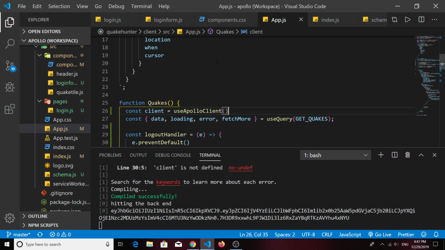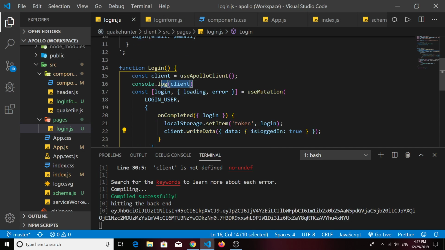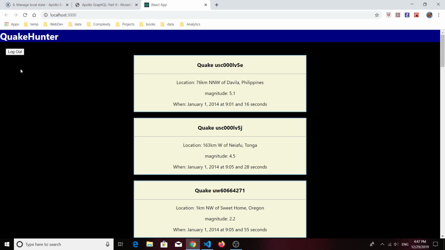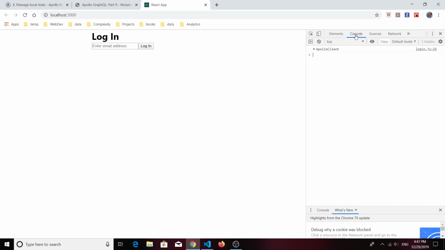Well, actually, no, because once we log out, we'll see the login page, and that's where we want to look at the client. So we're already doing that here, so it should be good. All right, so go back. You see we've got our logout button here, and if we click it, hopefully it'll kick us off this page and send us to the login page, and it does. All right, so if we open up the console and look at the client,